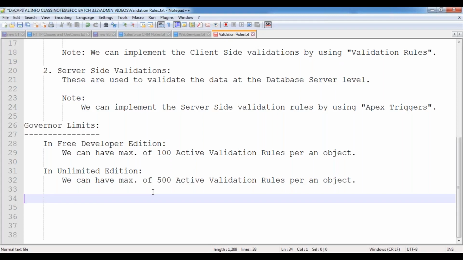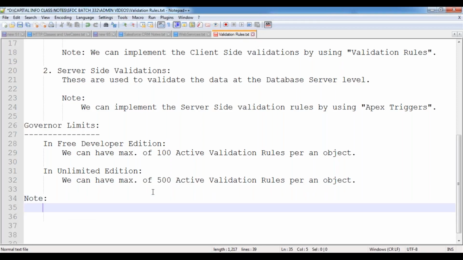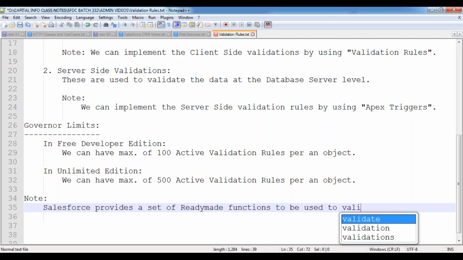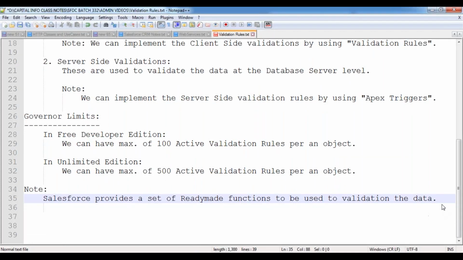Now, Salesforce provides a set of ready-made functions to be used to validate the data as part of this validation tools.